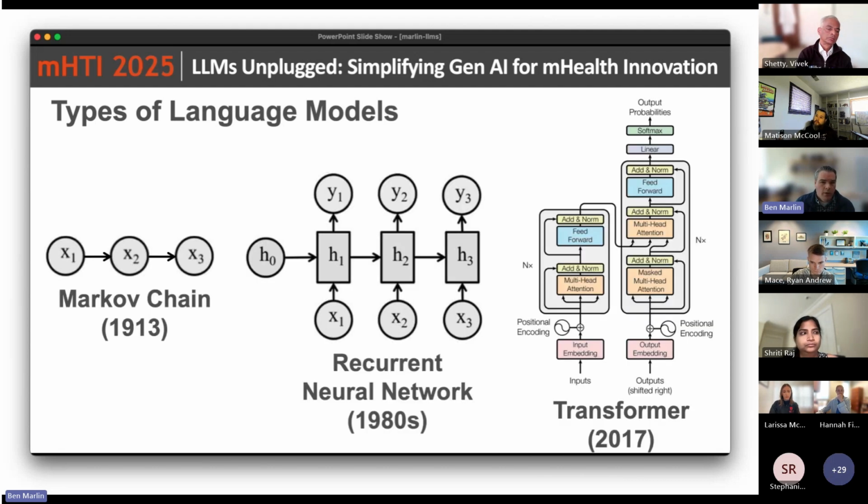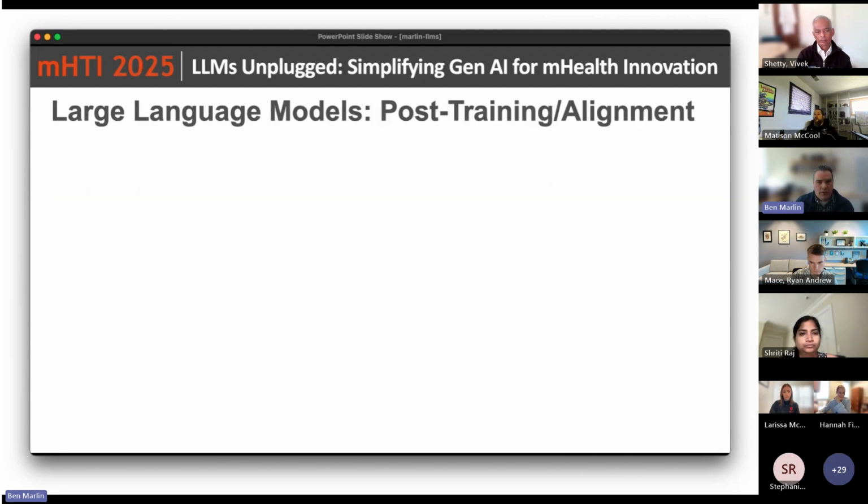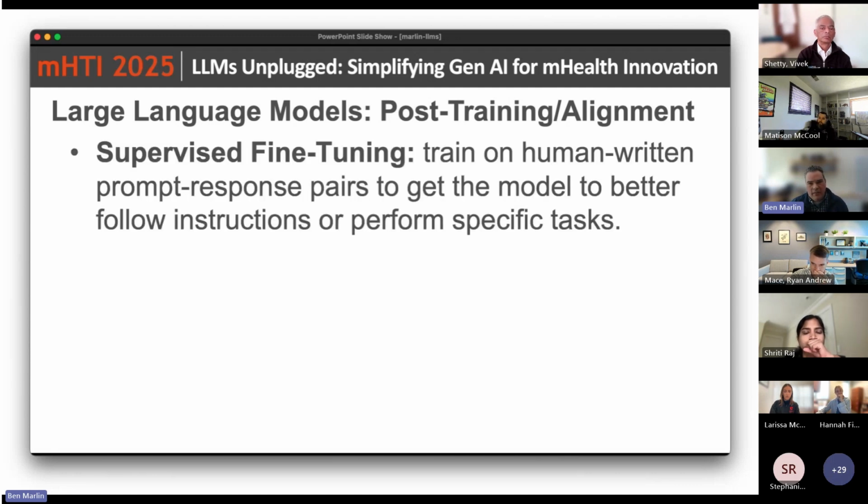So this next layer of training, that's often called post-training or alignment, is designed to get the models that have all this information from the training data distilled into them, and the ability to generate text, to actually behave in a way that is helpful.